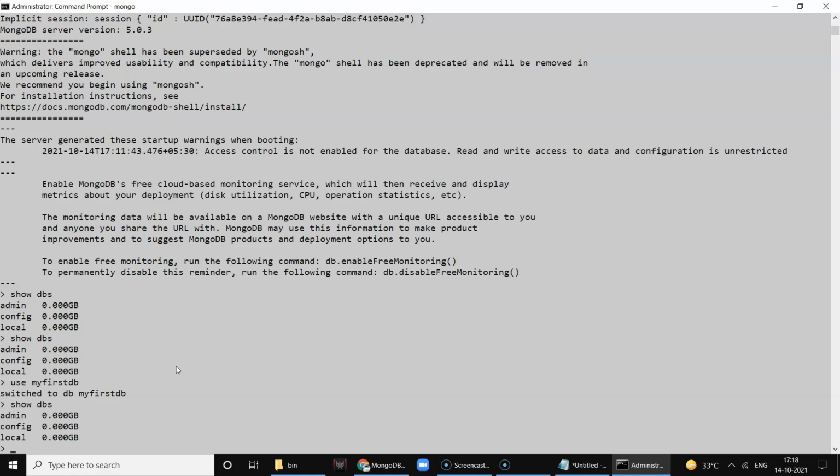So for that, enter db.customers. This is my collection, dot insert. Now in this command prompt, we are going to pass the value in JSON format. So we open the curly brackets and close the curly brackets, and then we pass the data in a JSON format. For example, name colon